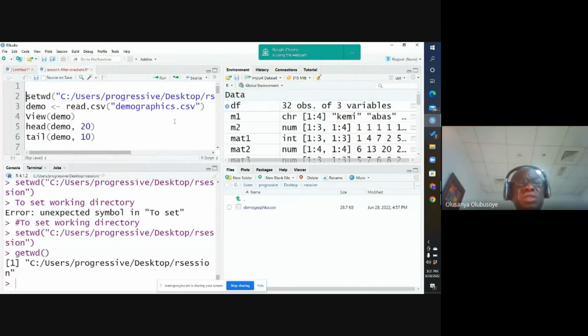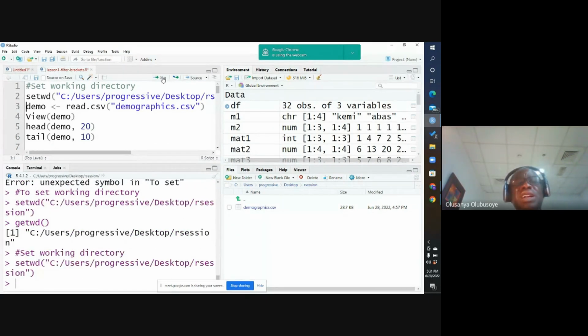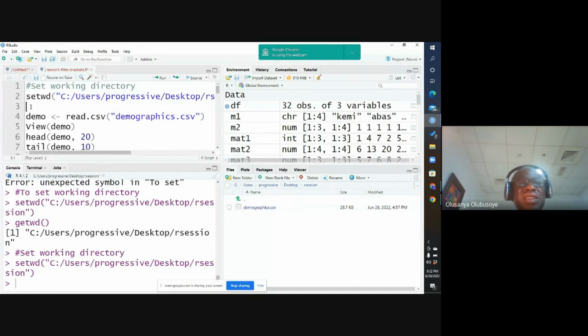So I can put my so-called comment here, I have set working directory. It means I've set my working directory. Even if I run this now, because I've put the hash, it will run, it will not flag error. And then, of course, the next thing I want to do is to read